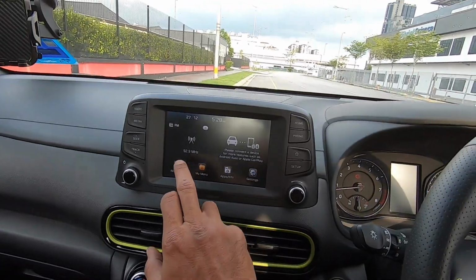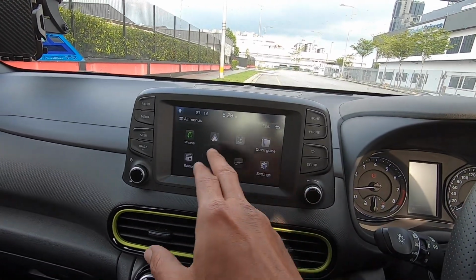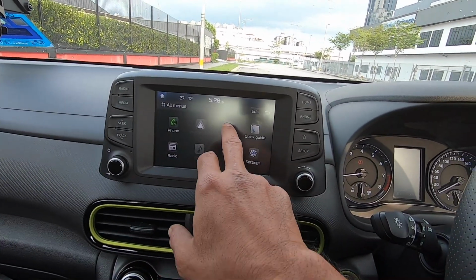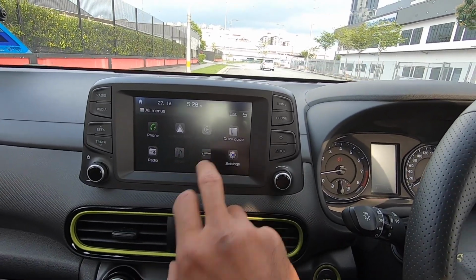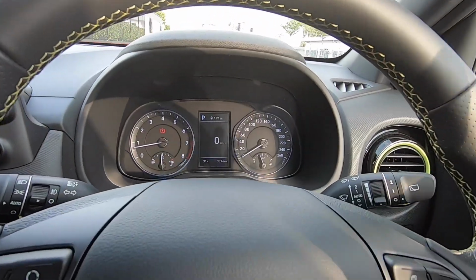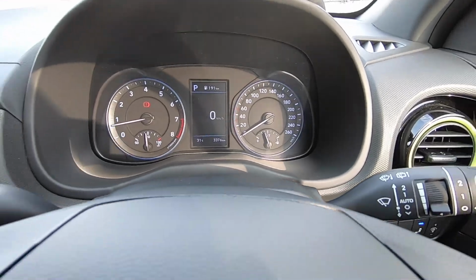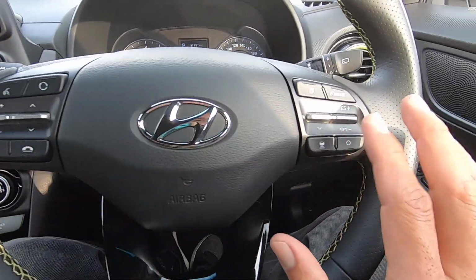But yeah, I think it is a touch screen, so there's all your menus there. You've got your phone, radio, Android Auto, and Apple CarPlay. I don't think it's been hooked up yet, but I think you can if you want to. But the instrumentation is clean, albeit a little bit on the conservative side, but lots and lots of stuff to